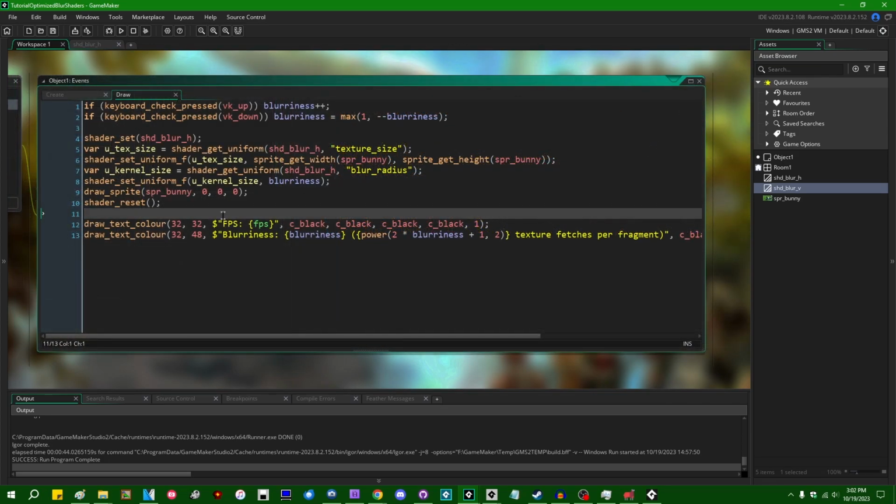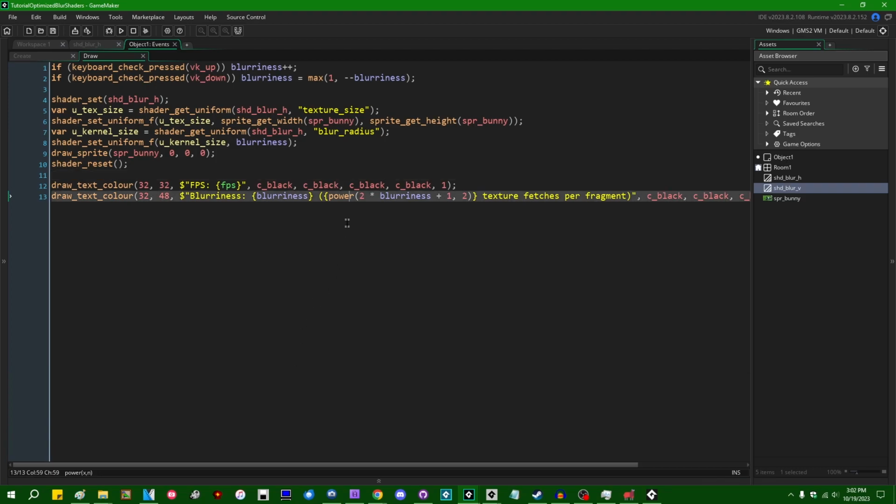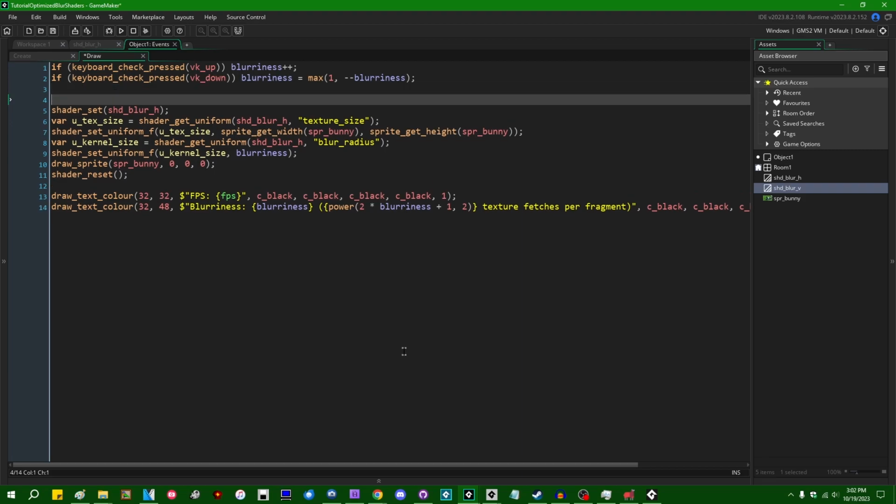And do this effect in 2 steps. Now, you can't have 2 shaders active at the same time. That is a fact which sometimes disappoints beginners, but when you get into what shaders are actually doing, it doesn't really make sense to have 2 shaders set at the same time. But what you can do if you want to apply multiple shader effects on top of each other, in this case, if I want to apply a horizontal blur and a vertical blur at the same time,